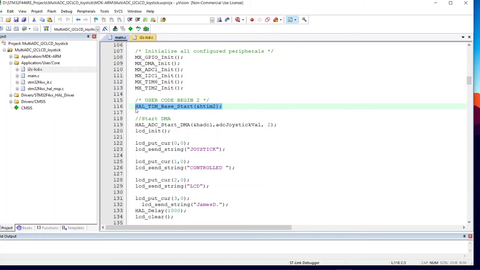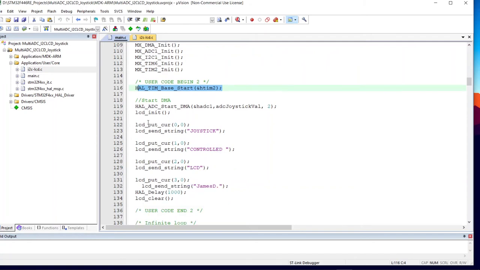So again, for the ADC communication, we have set the timer as the source for the timing conversion. So we have to start it using its base. So include this one. And for the DMA, yeah, you need to start it as well because